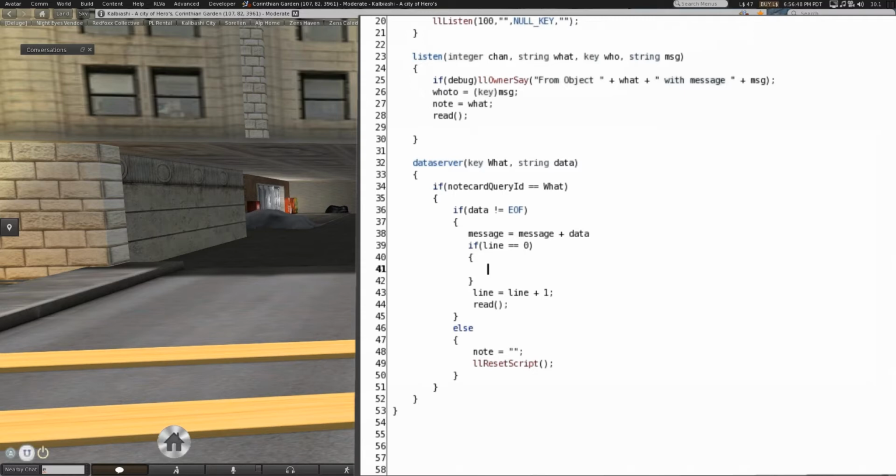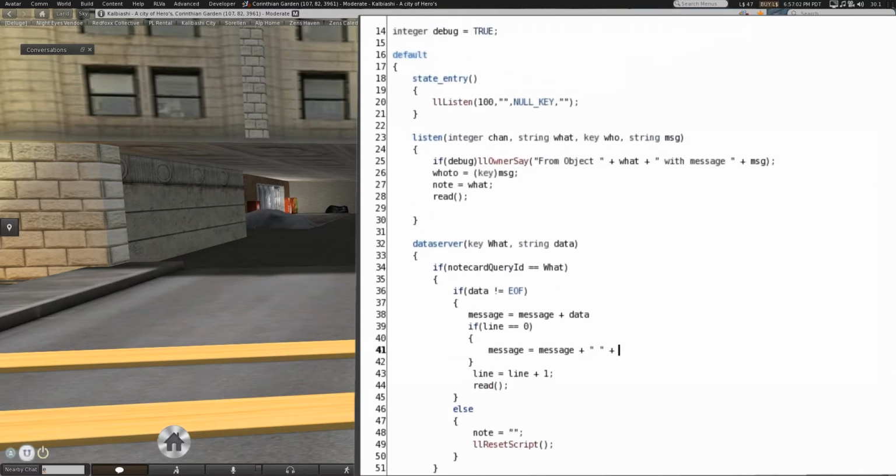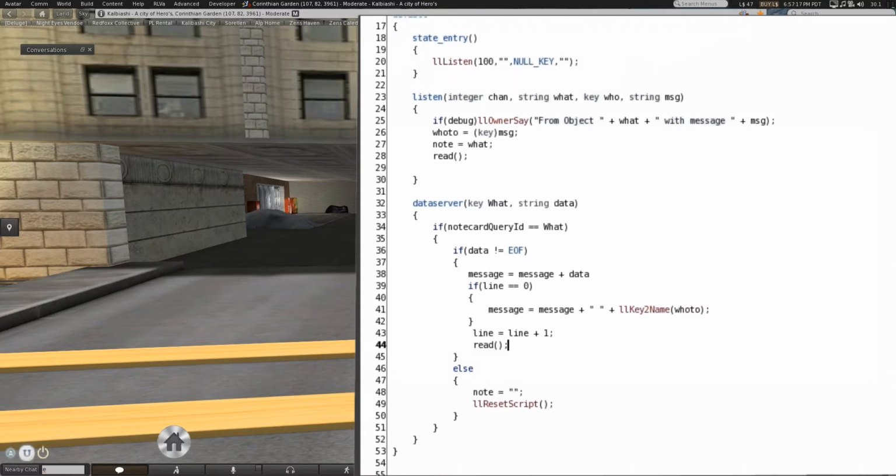If the line is 0, plus, that adds a space, plus, key to name, who to, that gets added,